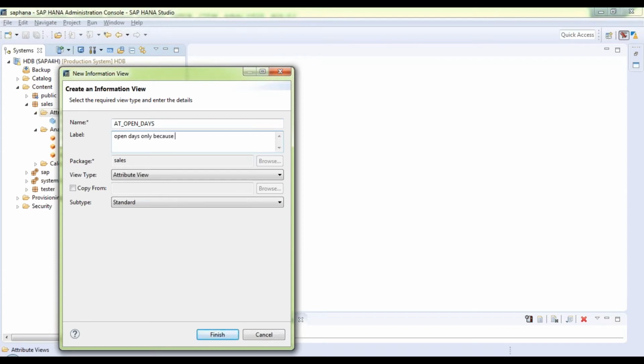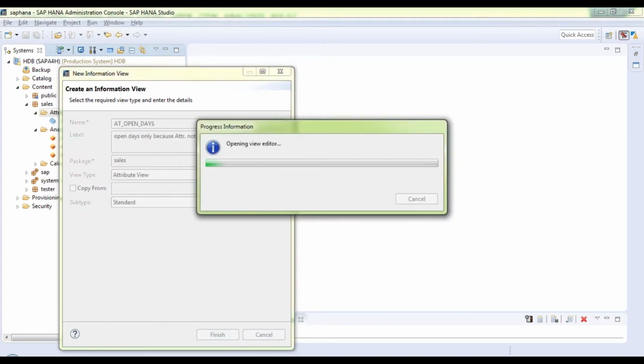because an attribute view is not good at aggregates. Aggregates means sum, mean, max, all that it's not good at. So we just calculate the average number of days using this view. Click on finish. Let's start modeling this attribute view, and it will give you a modeler once